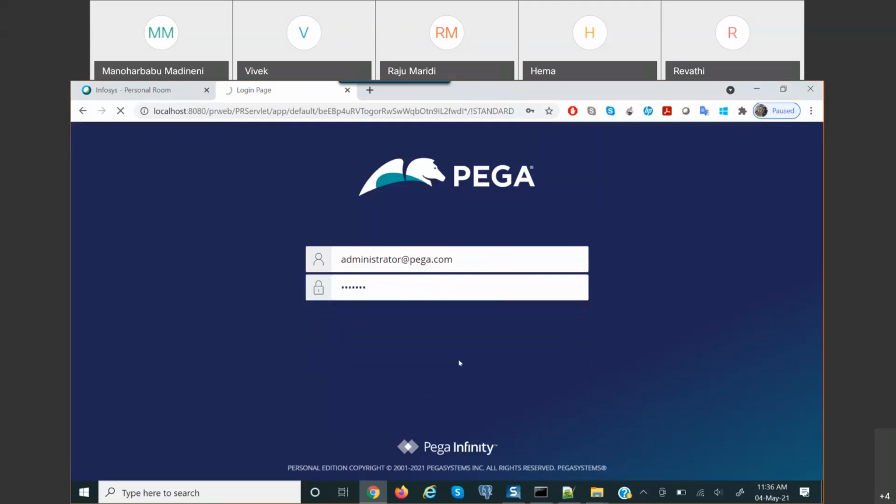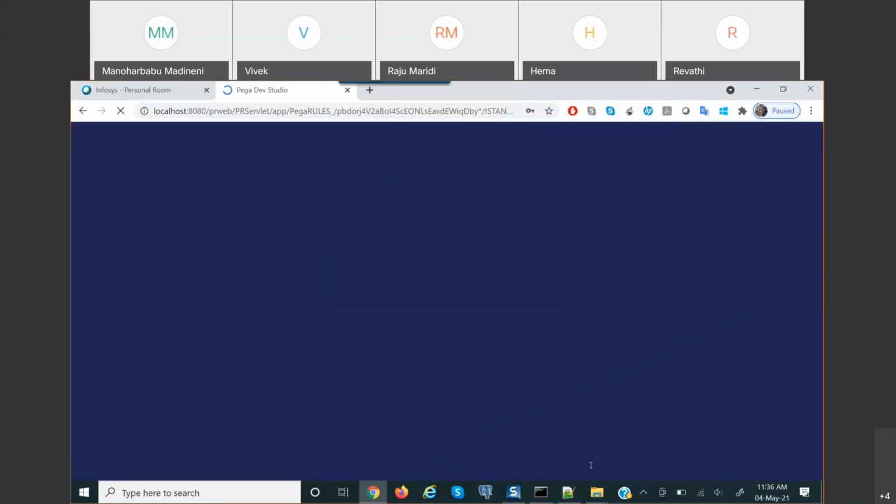Initially, for the first login, it is a bit slow, guys, because initially there will not be any cache or something, right? So it will be a bit slow. It's a developer console where we can start with the development.